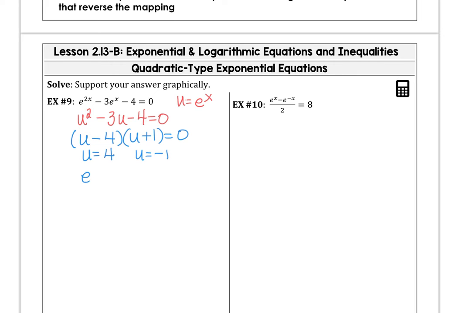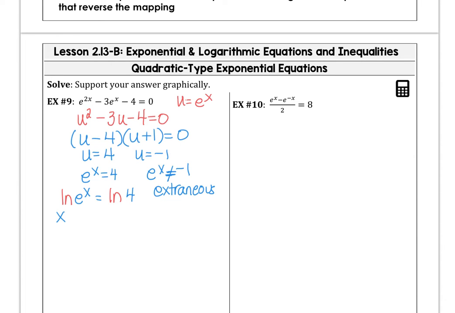So if we return u as e to the x equals 4 and e to the x equals negative 1, you can right away see this isn't possible. It's going to be an extraneous solution. But e to the x equals 4, if we take the natural log of the left and the natural log of 4,